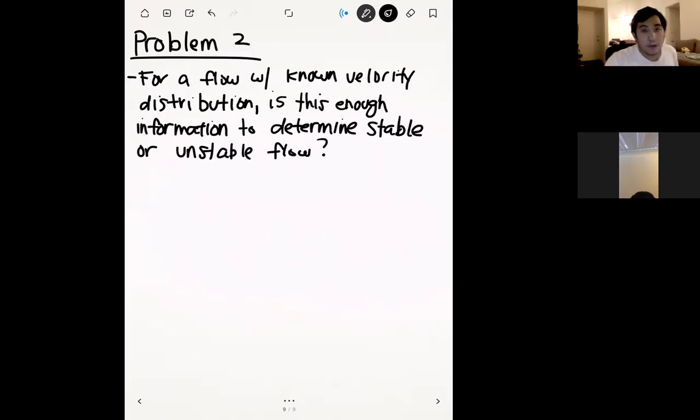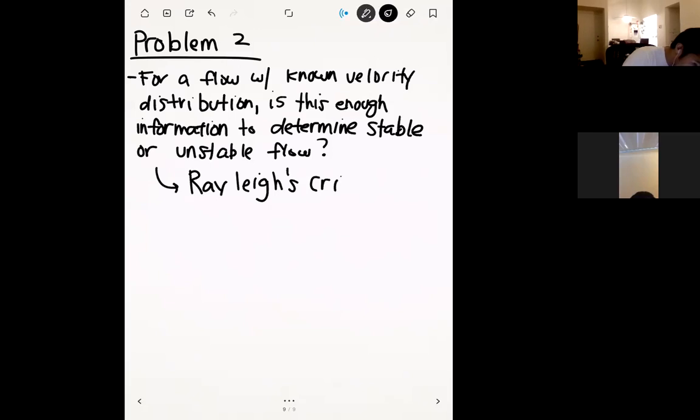And so we went over two criteria about this. The first criterion that we went over was Rayleigh's criterion. And the other criterion, which